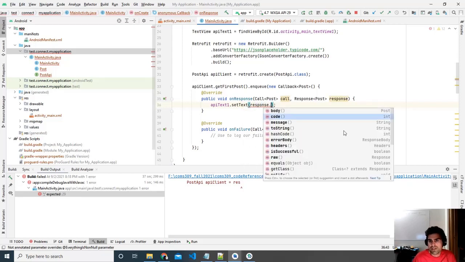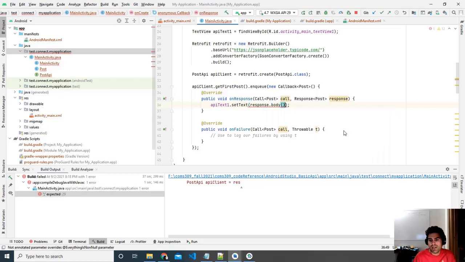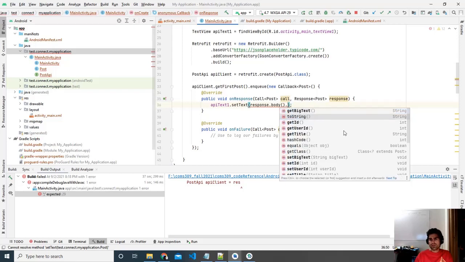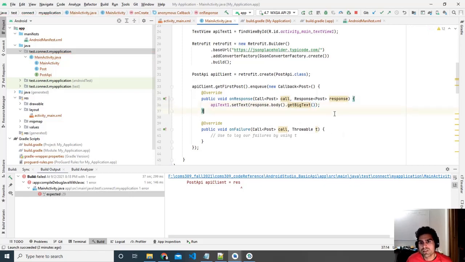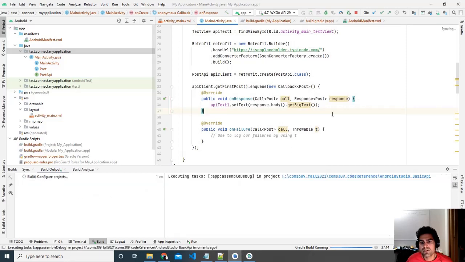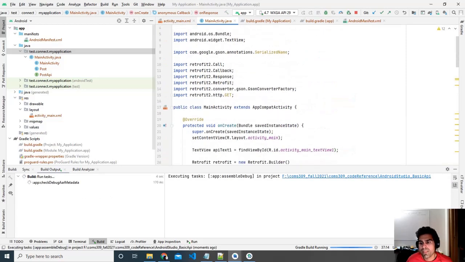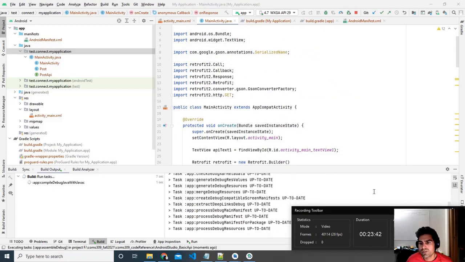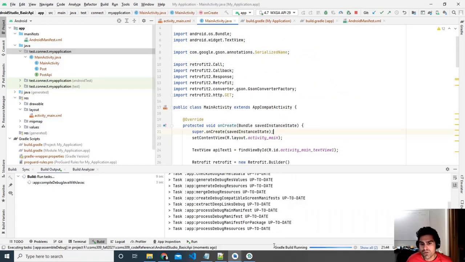dot, as I said, response comes in body, and in the body, since we can't just put JSON in there, or maybe we can, I'm still going to be using one of the things that we had in. So we can either get our ID, title. Let's get the big text so we actually see what's going on. Let's set the big text, and let's rebuild this app. It's been 23 minutes. Okay, longer than I would have liked,